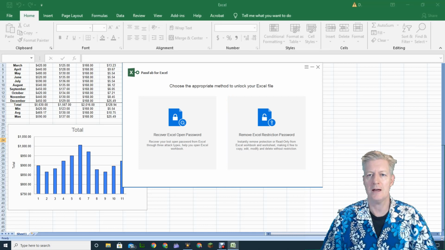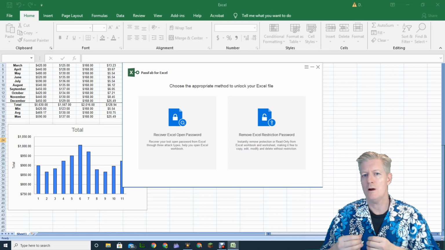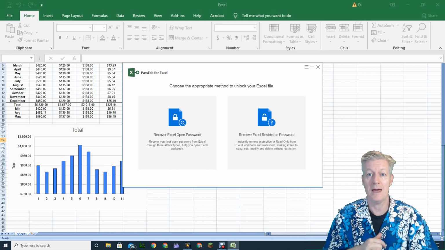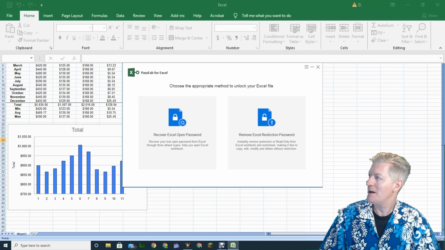One is the password just to open and view, and the second one is to actually edit and make changes to it. Now, the amazing thing with this software is it actually recovers the passwords. So even if it's a higher encrypted one where it's blocking you from editing the worksheet or workbook, it can recover those as well. So there you have it.